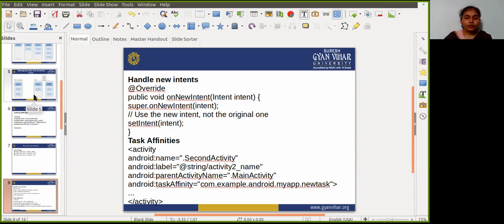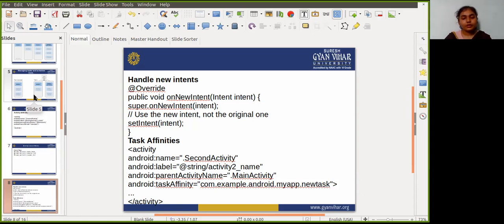Okay, so for the affinity name, first call the activity tag, and inside it write some attributes: the name attribute, label attribute, and parentActivityName attribute. In the name attribute, pass .SecondActivity as the value.